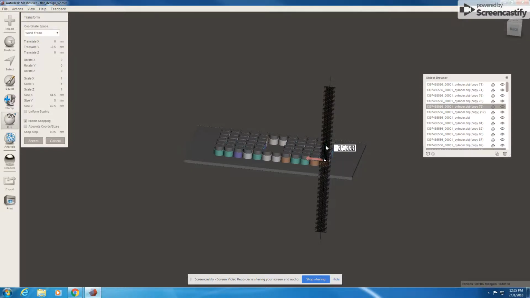I'm just going to move them down just 1/4 of a millimeter. If I can get it. So there's also another way, and I'm going to actually use that way right now to show you how to move these. So if you are in transform,